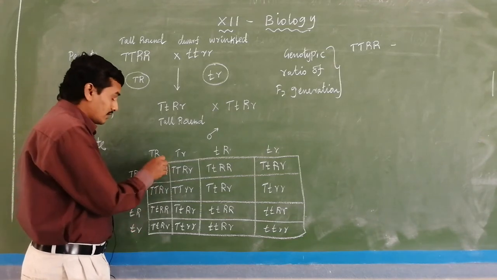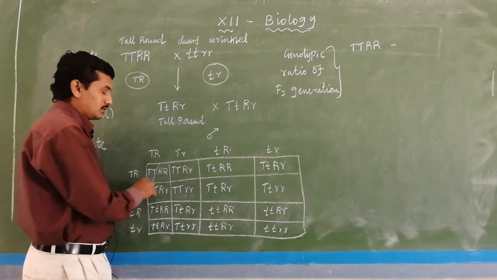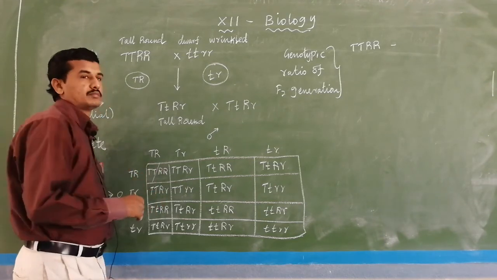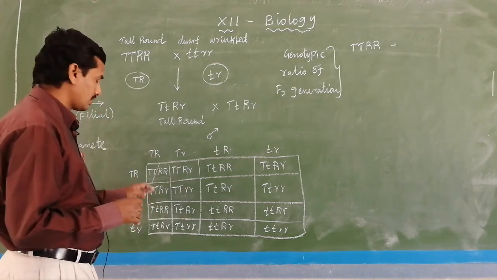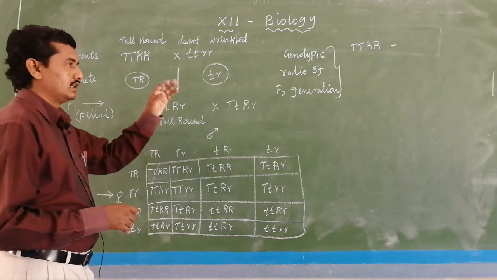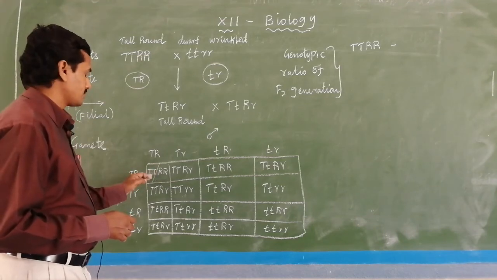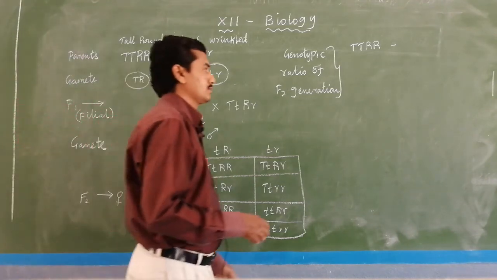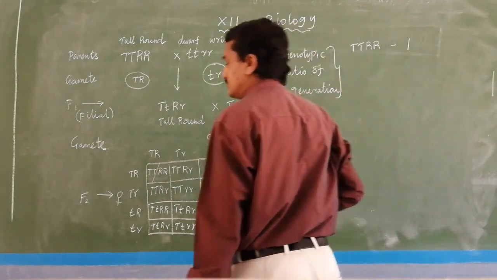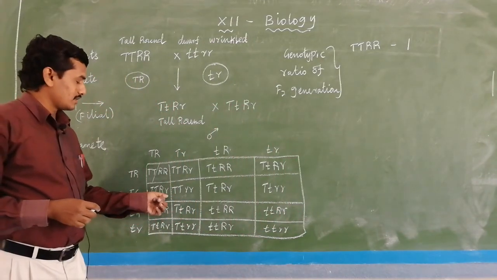Okay. For our consideration, we strike out. Afterwards, you put pencil, and afterwards after counting all the things, you erase the pencil with the eraser. For our convenience only, we put a cross. So we considered, we taken for the F2 generation ratio. So we strike out capital T, capital R, capital R. So how many? Capital T, capital R, capital R? 1. And capital T, capital R, small r.